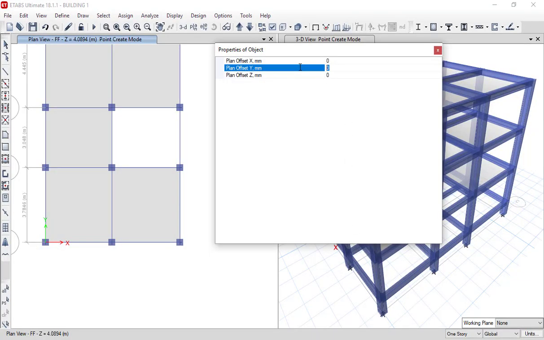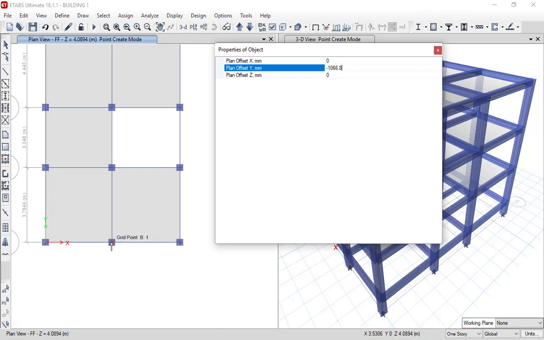So 3 foot 6 inch is equal to 42 inches, and 1 inch is equal to 25.4 mm, and 25.4 multiplied by 42 becomes 1066.8 mm. So we will type minus 1066.8 mm. Why minus? Because we are going in the negative, opposite direction to the Y direction.